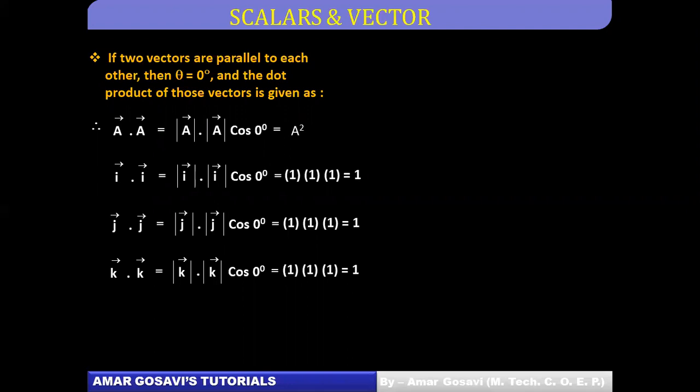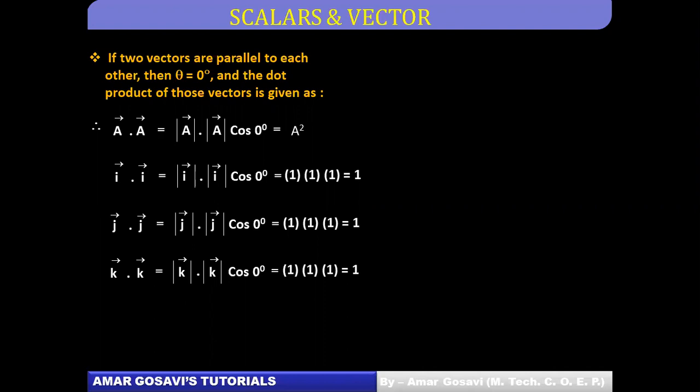So the self dot product a bar dot a bar, you get as a square. You know the reason why. Similarly, i cap dot i cap comes out to be 1, j cap dot j cap comes out to be 1, and k cap dot k cap comes out to be 1. This is something being shown on the slide. Very, very crucial calculation, friends. Time and again you would require these calculations to solve any problem related to vectors. Solving problems on vectors won't be a cakewalk unless you understand the nitty gritty of the situations between the concepts.